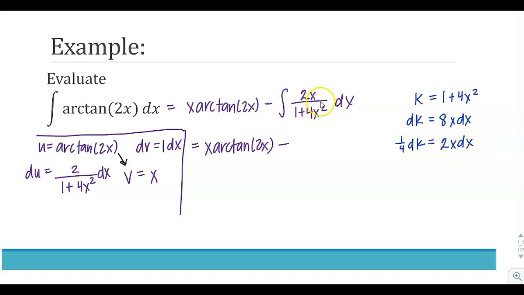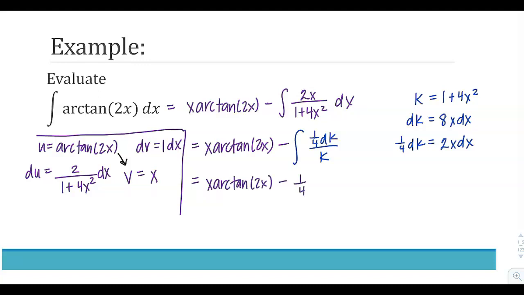So I'm going to replace this 2x dx quantity with 1/4 dk over, and the denominator gets replaced with k. So I'm going to bring down that original piece, x arctangent 2x, minus,